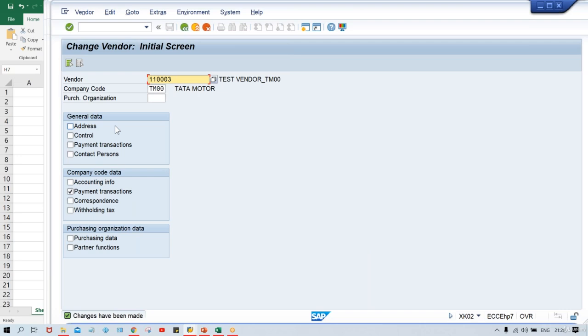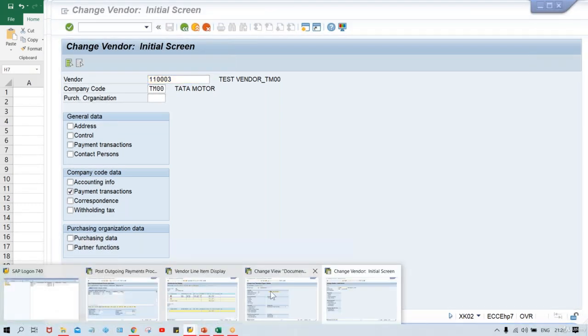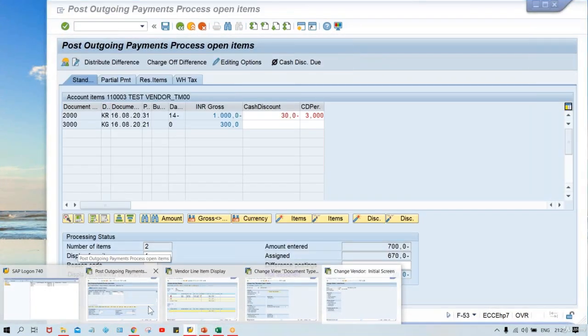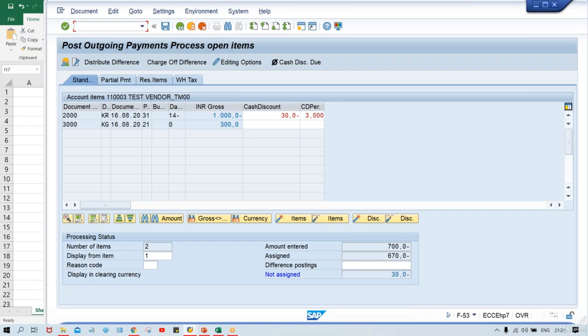Actually, in the previous session, what I did, guys, was just show how to make changes in the vendor master, and I showed you that even the change log is appearing, right? Because of that, 0001 was changed and 0002 came. Now here, once again you have to use